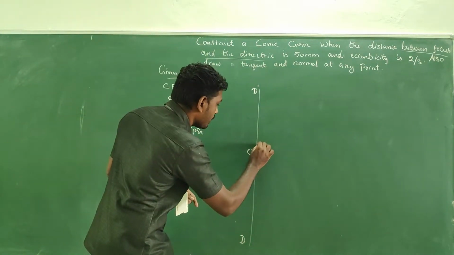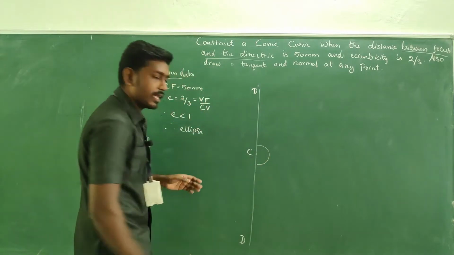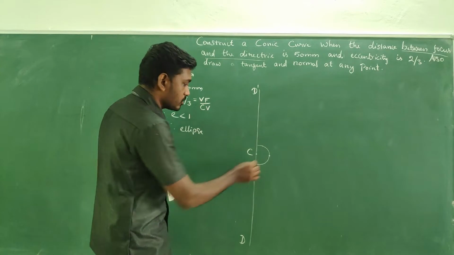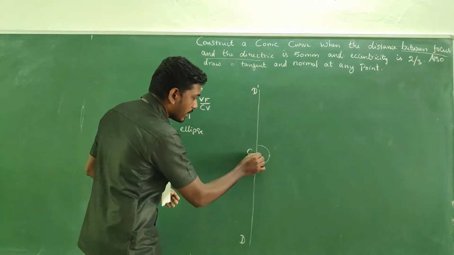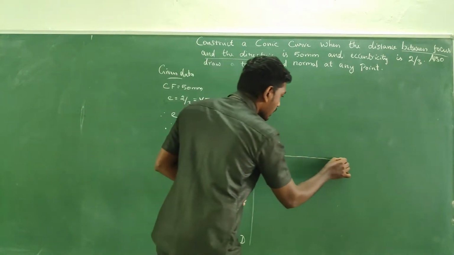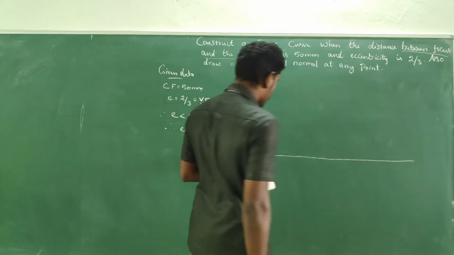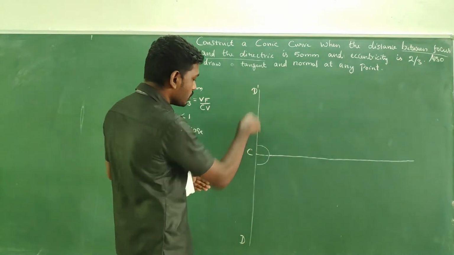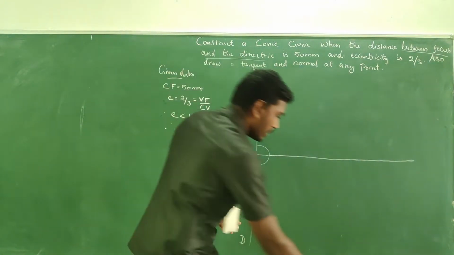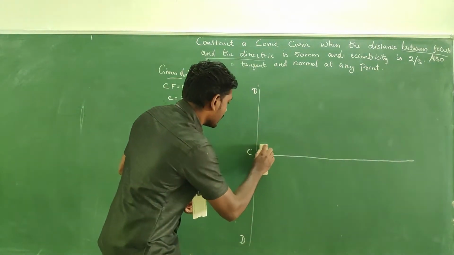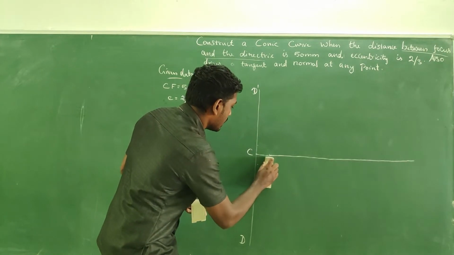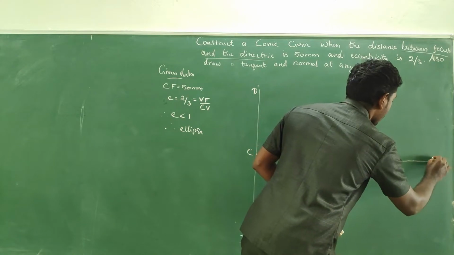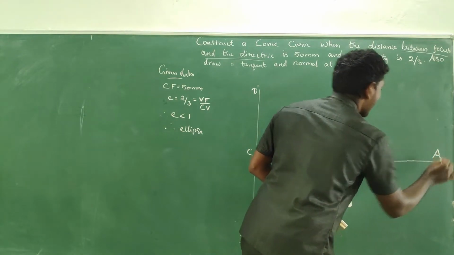Go for a perpendicular line to this D dash D. For that, you can keep your protractor in this manner and measure 90 degrees. Measure 90 degrees and draw a good line passing through the taken point. So you will get a horizontal line which is perpendicular to D dash D, right? This line is nothing but the axis line. This is the axis line, which I'm going to denote as capital A.